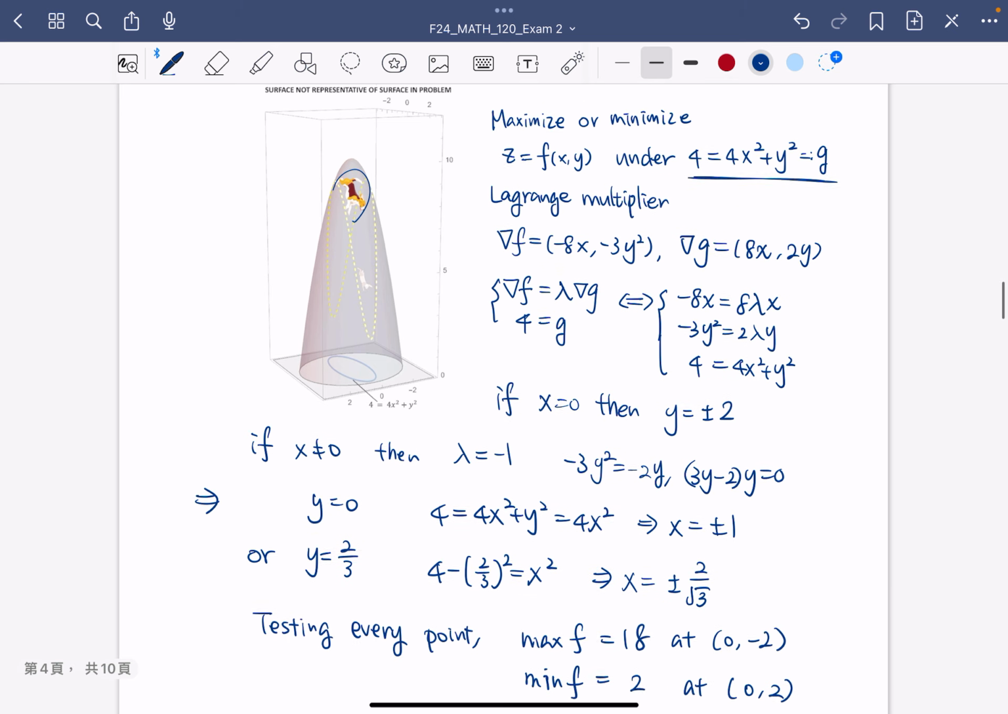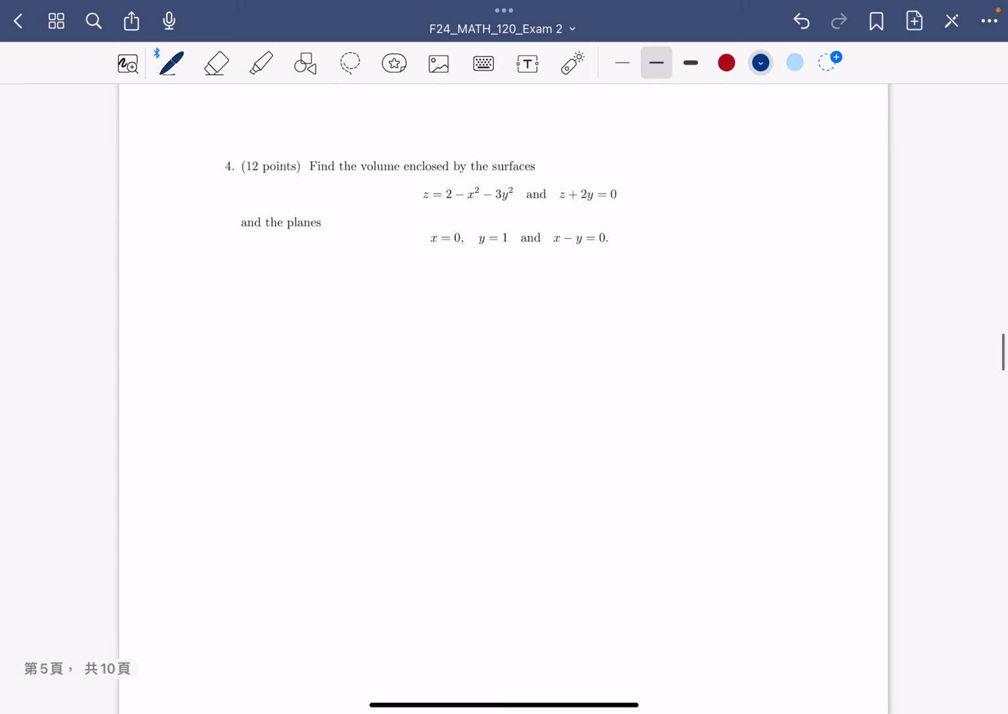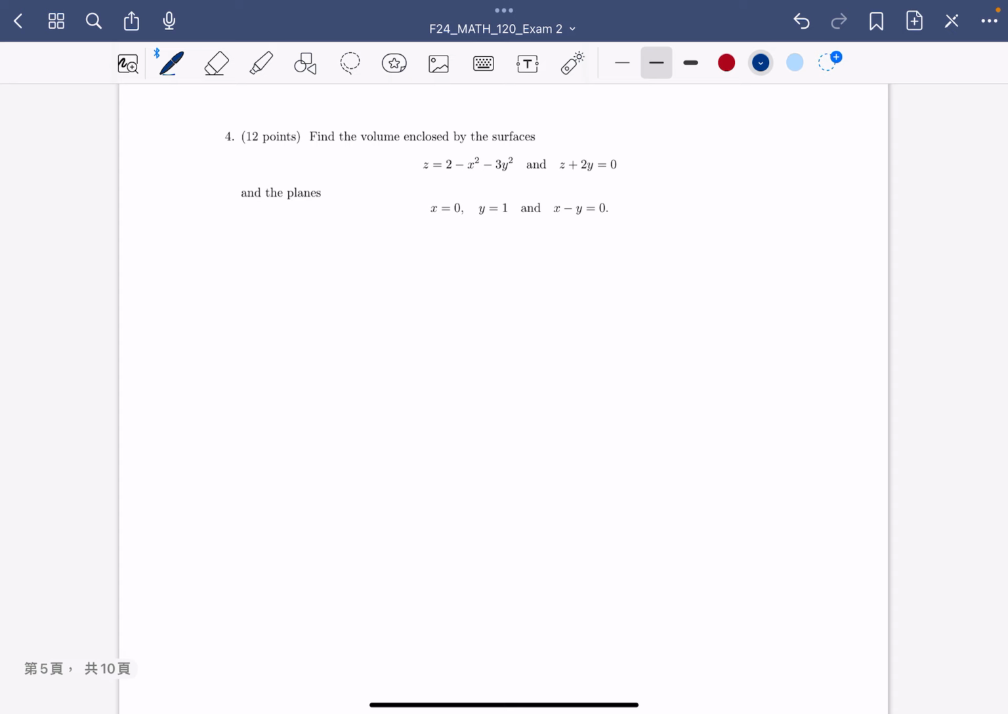All right. Let's look at problem number 4. So we have to find the volume enclosed by these two surfaces and between the planes right here. Okay,